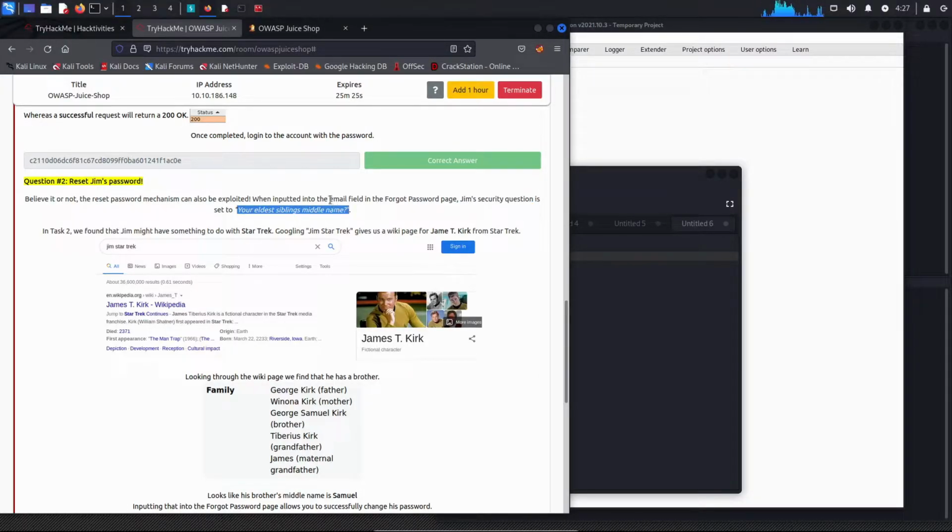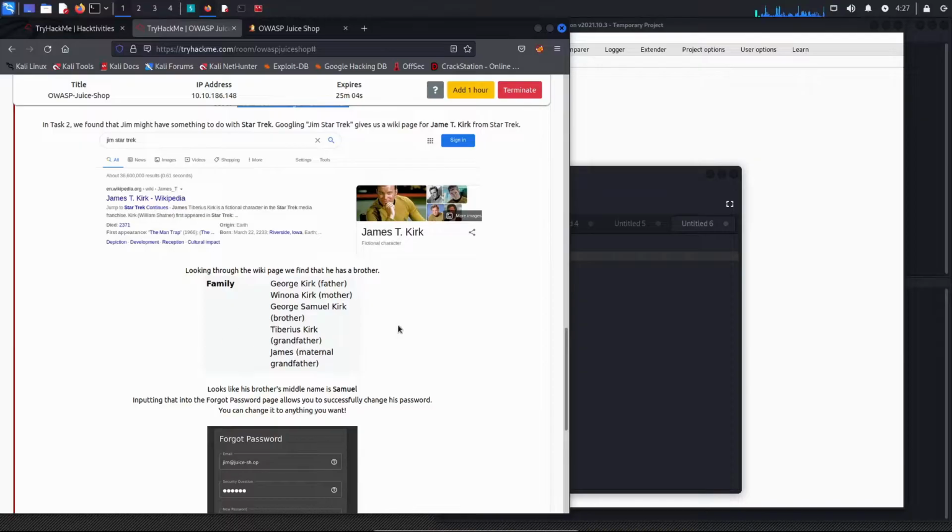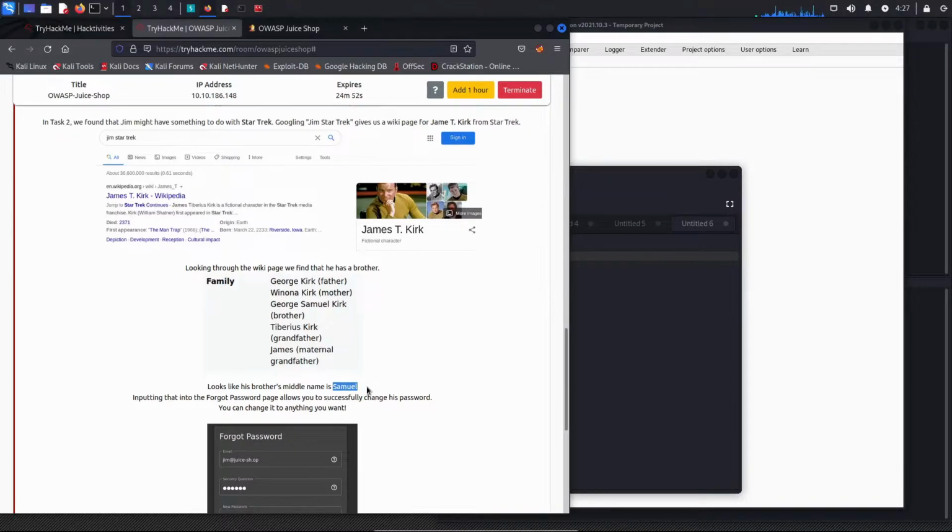By referencing Jim to Star Trek, we are able to get this info about Jim's siblings, and one of his brothers has the name George Samuel Kirk. And you can read the explanation. So the password or the phrase that we have to use to change the password will be Samuel.